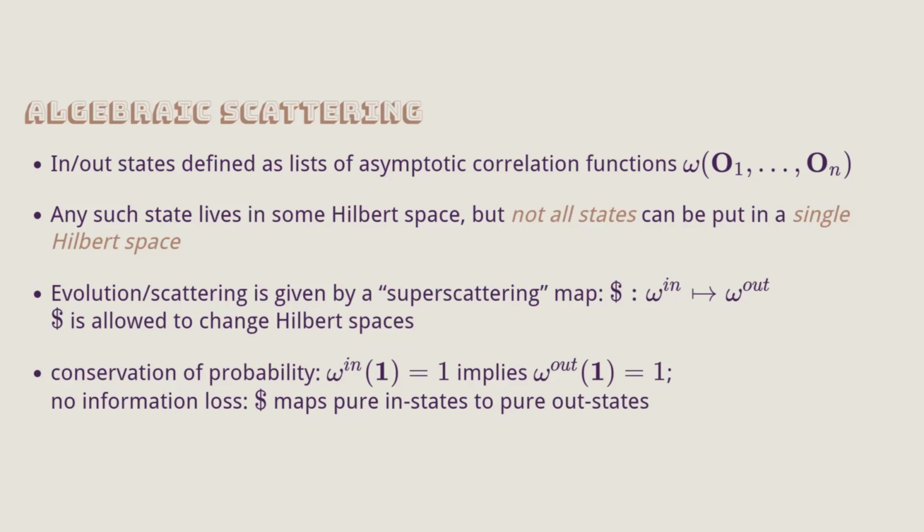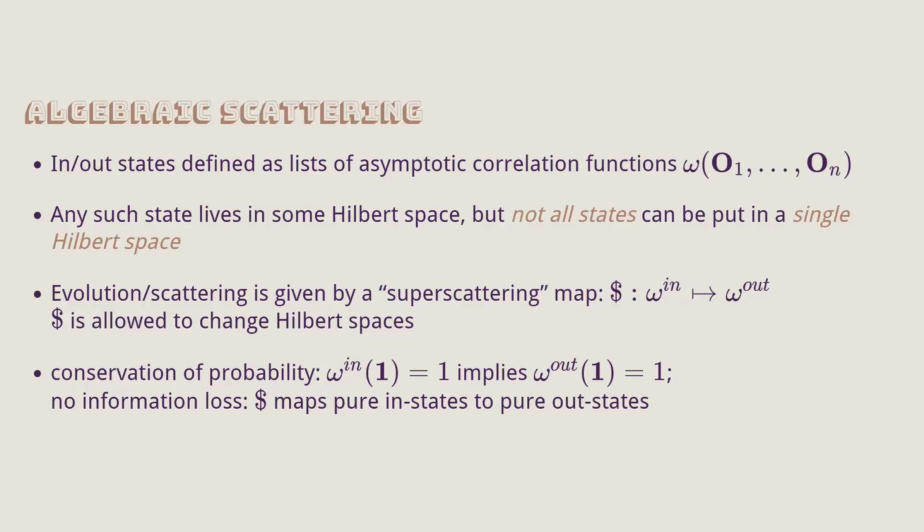So can I ask you a question? Okay, yeah. So for different memories, you will have different omega out. Is that right? No, right now I'm not putting omega out in any Hilbert space, but yeah, for different memories, the omega out will be different. Its correlation functions will be different. Okay. I mean, specifically, you can compute the one-point function of the radiation field, the news tensor. And if you compute its zero frequency limit, you should get the one-point function of memory. And that will be different in different Hilbert spaces.